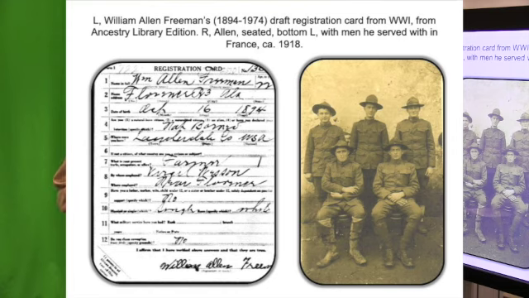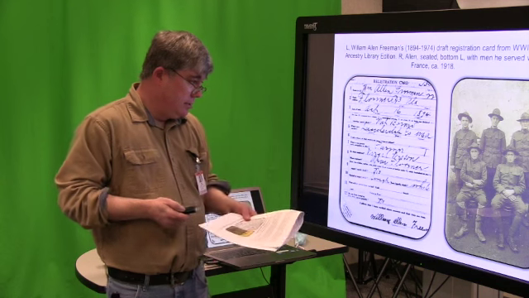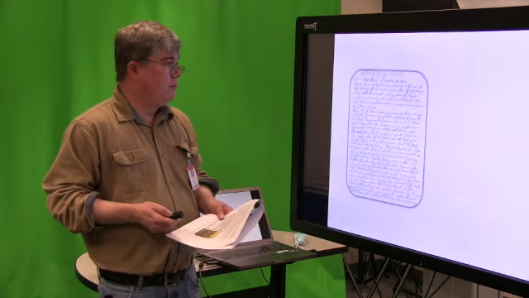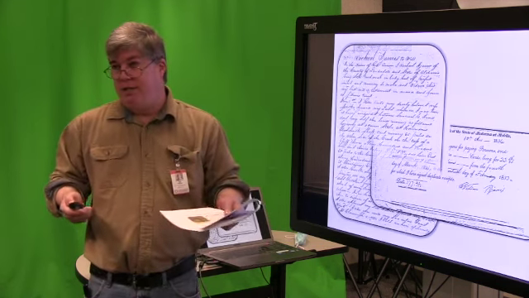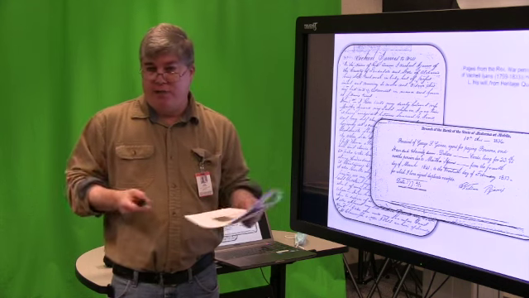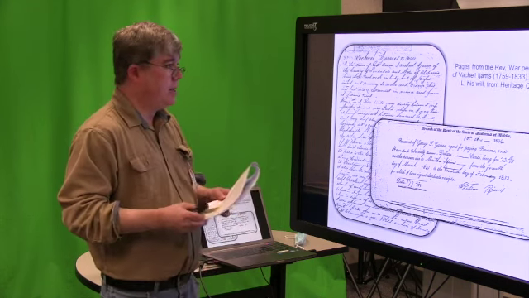They give you the soldier's name, his residence, his birth date, which is usually given by the soldier himself. So these tend to be a little more reliable. They give you his occupation, if he's married, the name of his wife, or the next of kin where he can be reached, which often, in William's case, he wasn't married yet. So it lists his mother, I believe. So those can be helpful, and they have those for African American draftees, Chinese draftees, Mexican American draftees, everybody else.